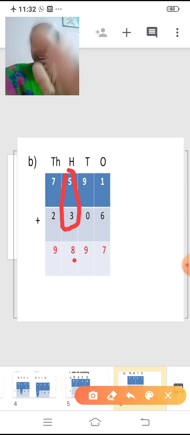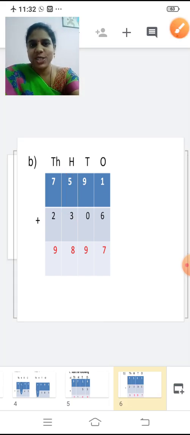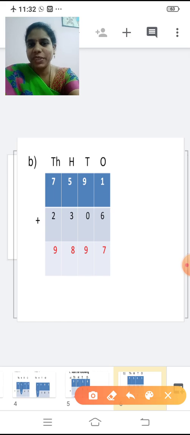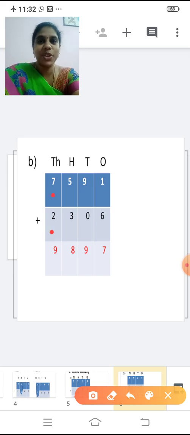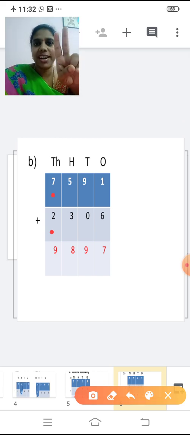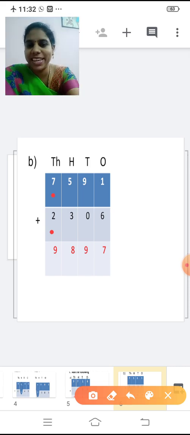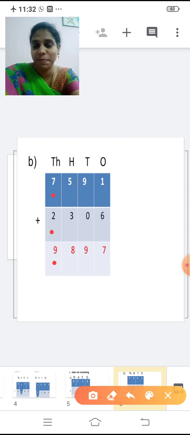We have to move on to the thousands place, isn't it? So shall we add the thousands place now? Now 7 and 2. We are going to add 7 and 2. 7 in the mind, 2 in the finger. After 7, 8, 9. So write 9 below the thousands place. Clear, children? So the answer is